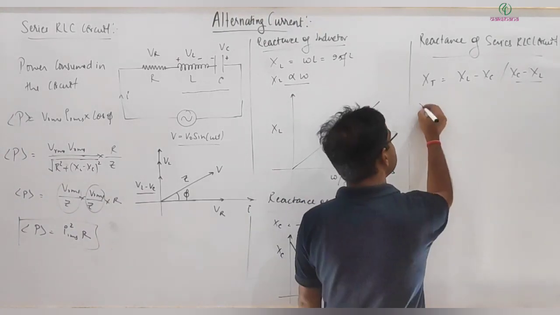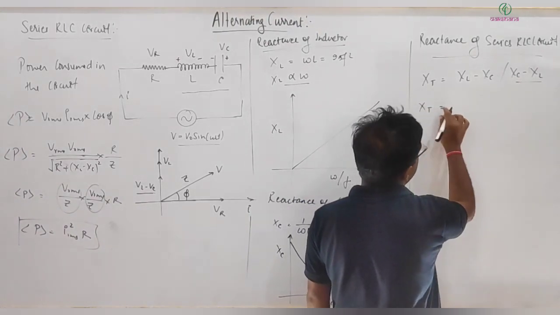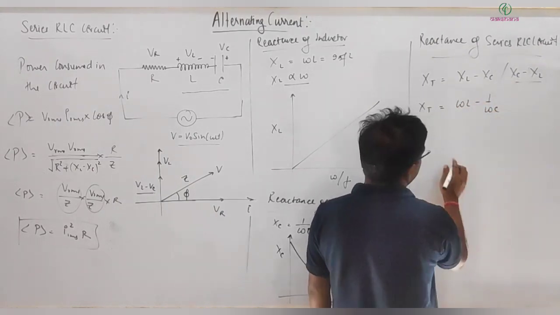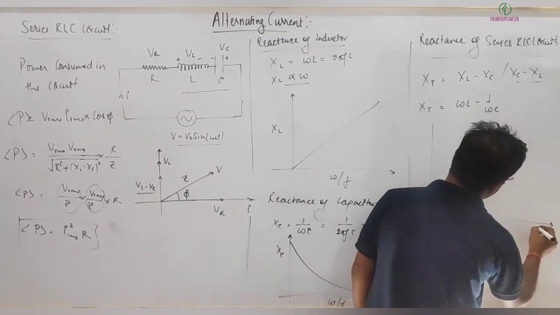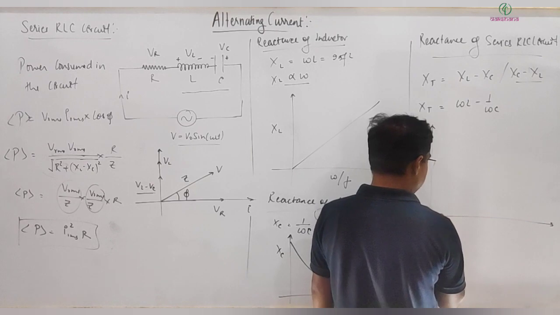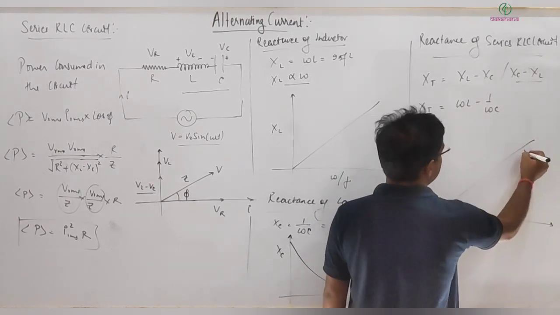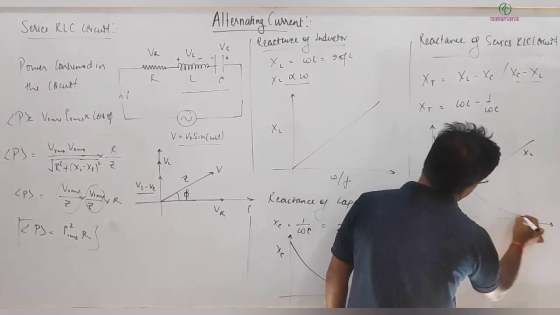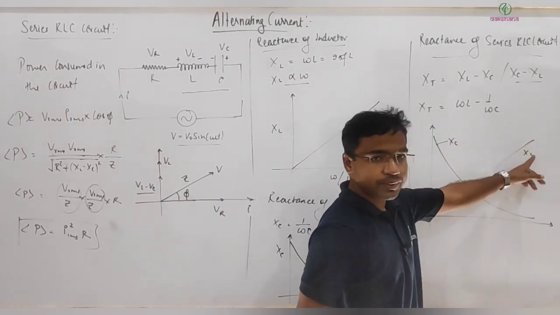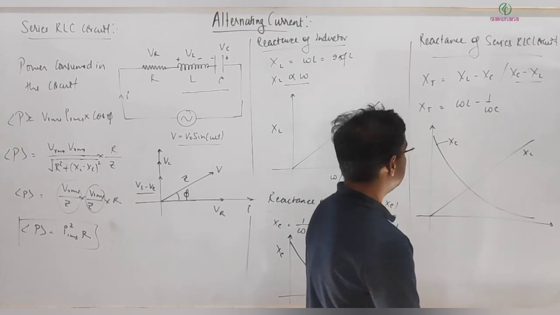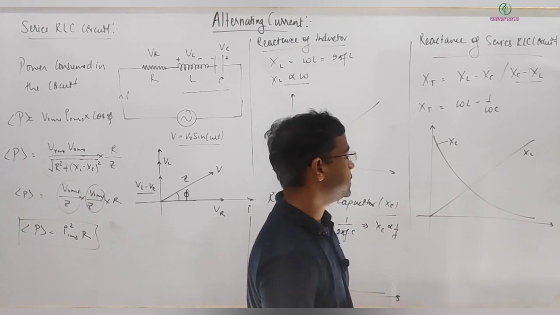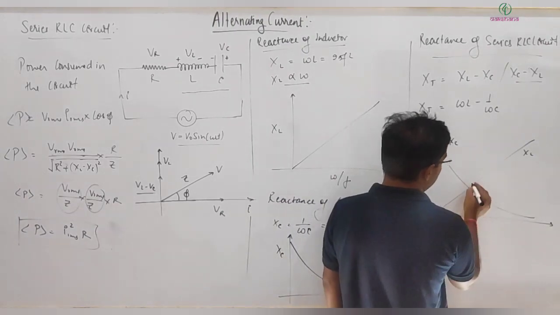Now here I can see X_T, the reactance of the circuit, is omega L minus 1 by omega C. And if I plot its variation, then it will be what? Actually, if I plot both first, this is X_L and this will be X_C, right? It's varying this way. So now in this situation, you can see, cumulatively, this is the point where both